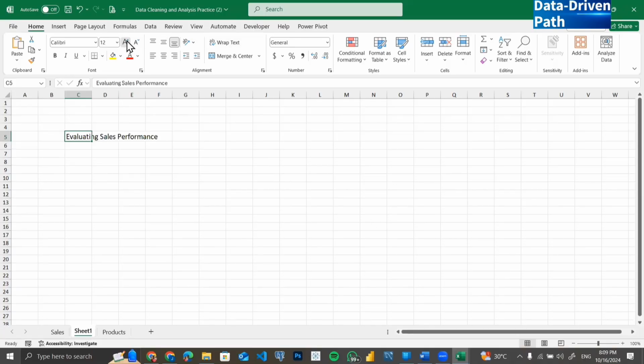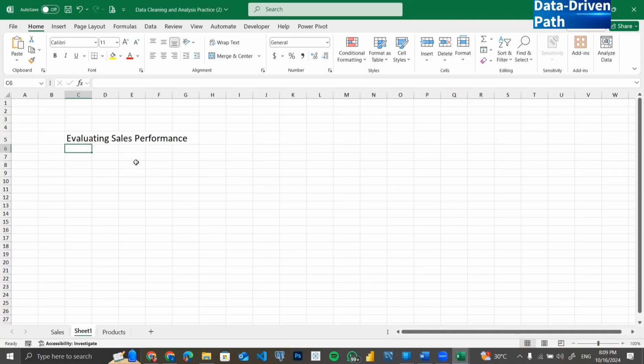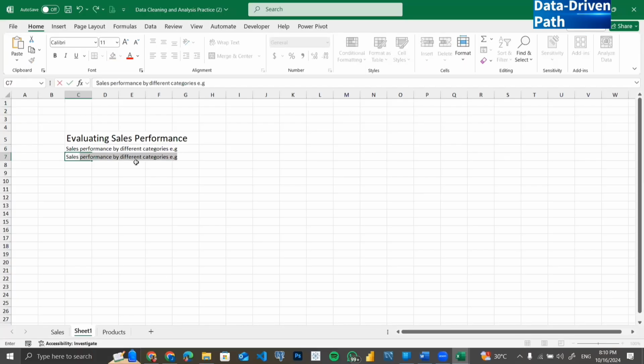Okay. And what they want is very simple. So they want to see sales performance by different variables. Okay, or by different categories. For example, let's see the sales performance by products. Products category, sales performance by product name,